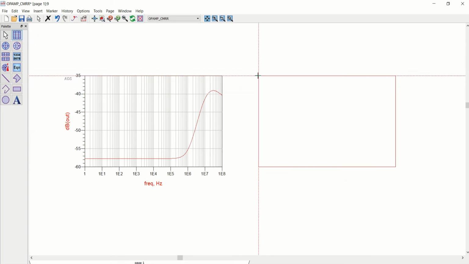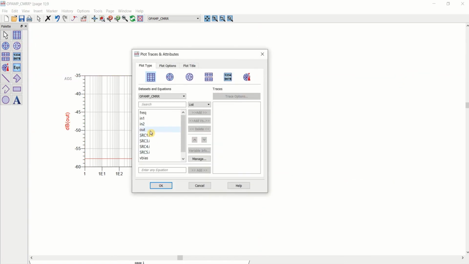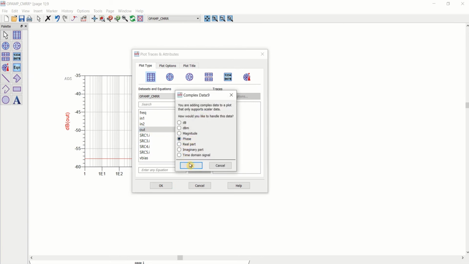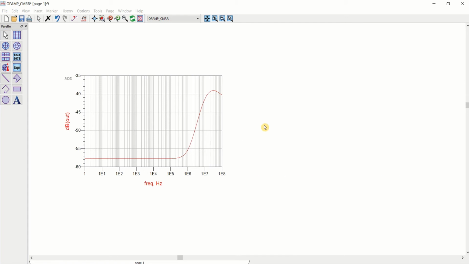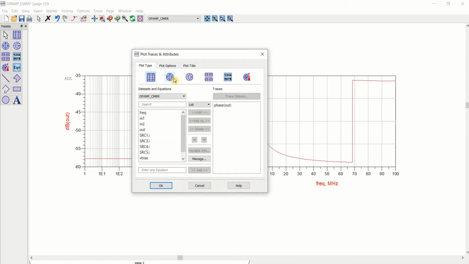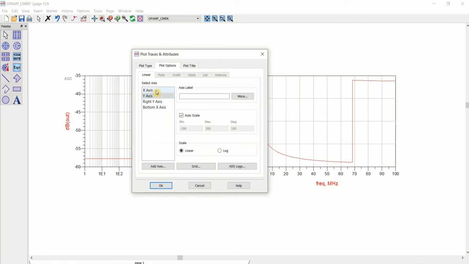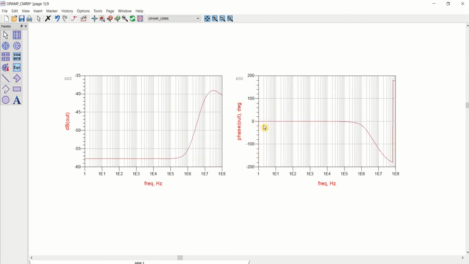And if you want to see the phase shift of this, double click on it, plot options, x-axis, logarithmic. It is providing this particular phase shift.